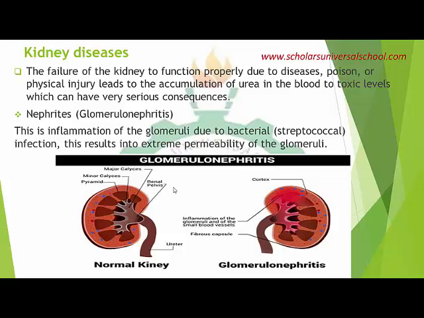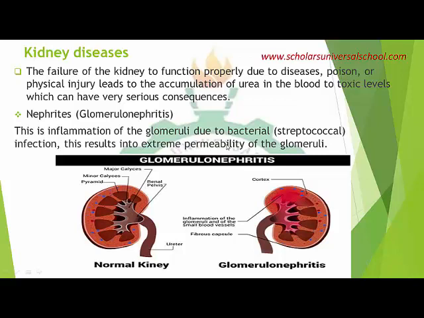There are different types of kidney diseases. The few ones that we'll talk about here, let's start with nephritis. There are different types, but the common one is the glomerulonephritis, which I will call the inflammation. Inflammation is like a swelling, inflammation of the glomeruli. We talked about the glomerulus when we talked about the Bowman capsule, when I showed you the structure of the nephron. So the inflammation of the glomeruli due to a bacteria, the streptococci bacteria, will result in extreme permeability of